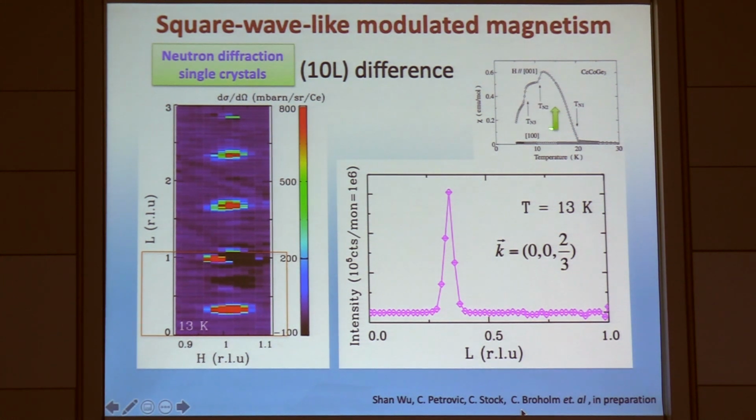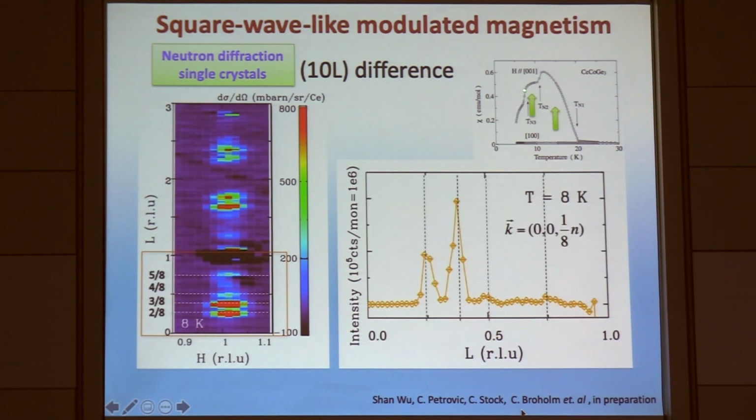So below Tn1, we see the appearance of this 2/3 component of the wave vector. Actually, all of the wave vectors of interest will be along the c-axis. And I should say that all of the magnetism that we're looking at has to do with spin polarization along the c-axis as well. So first this wave vector appears, then cooling further,